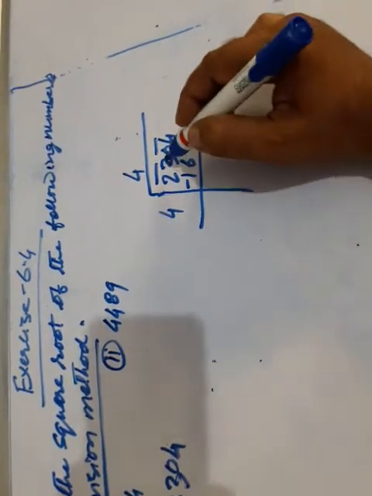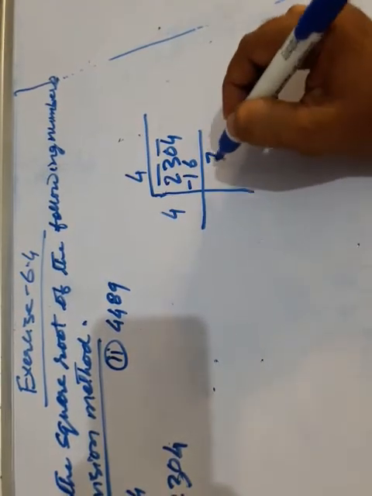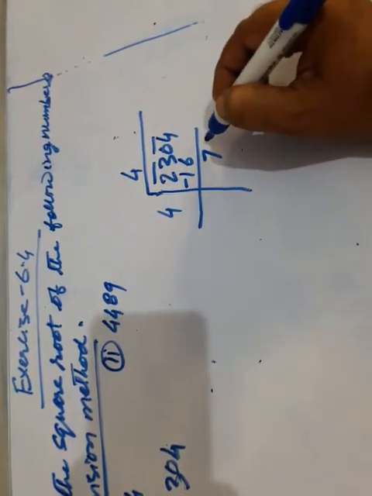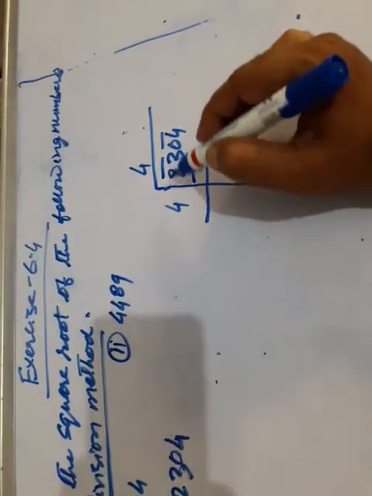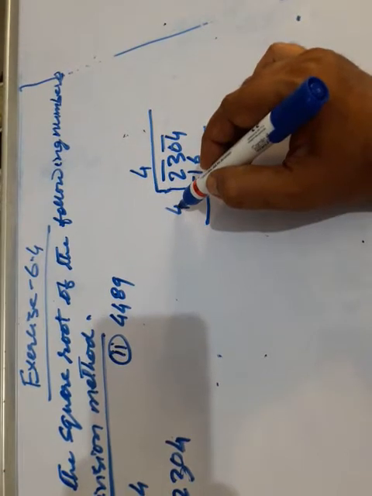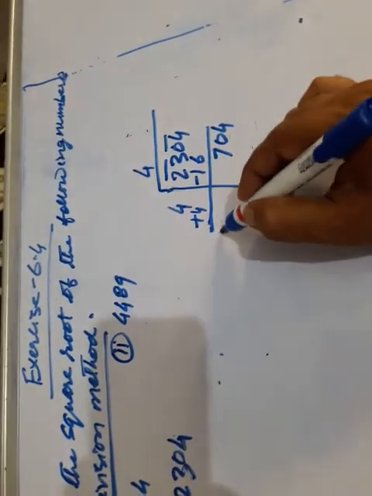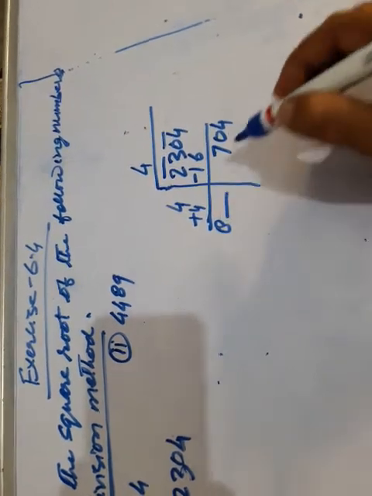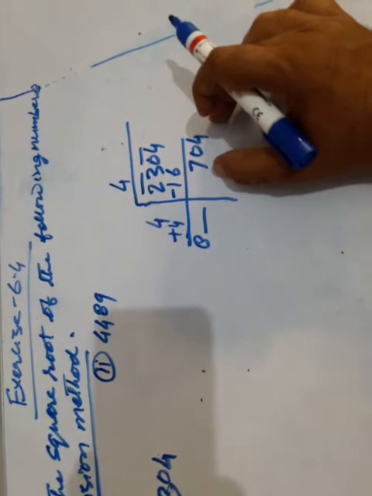Then you subtract it, that is 3 minus 6, borrowing, equals 7, and 2 minus 1 minus 1 equals 0. Now 04 is the next pair, so carry it down, that is 704. Now one thing is there, this 4 has to be doubled, means add 4 over there. Now it became 4 plus 4 equal to 8, and leave a blank over there. Clear children. Now 704 is your current dividend.